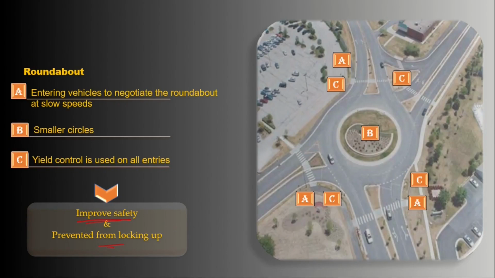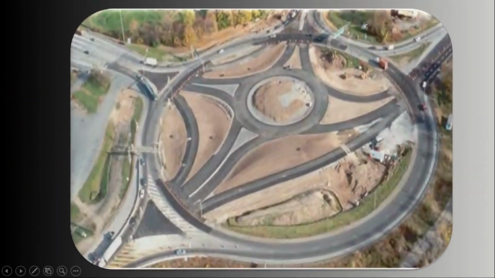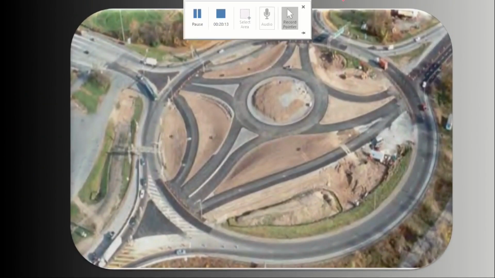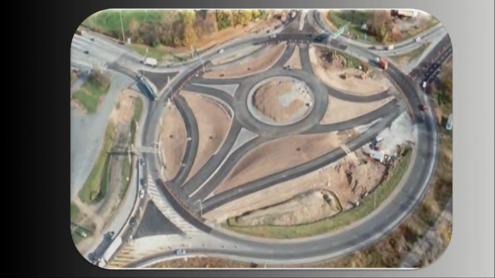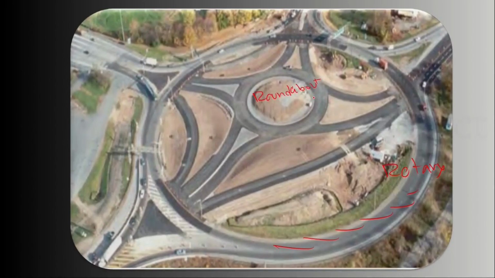So it shouldn't be an odd thing if we see them turning a rotary like this into a roundabout, as you can see in this picture. It also shows how big our rotary is compared to the roundabout. Of course, it's a big rotary and